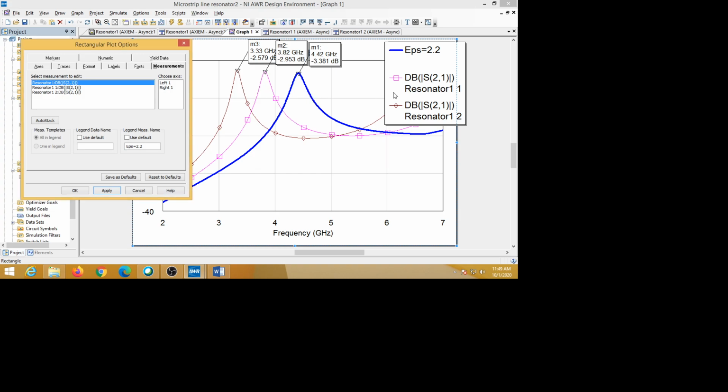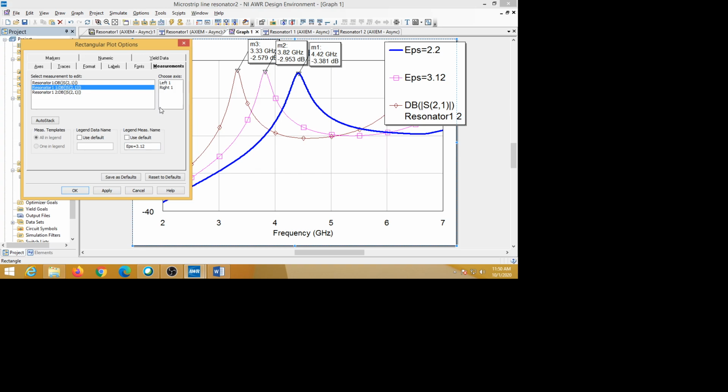Similarly for this one, resonator 1 1: go to resonator 1 1, and again remove this, it is not needed. Here you put EPS equal to 3.12, and apply. So that came here.